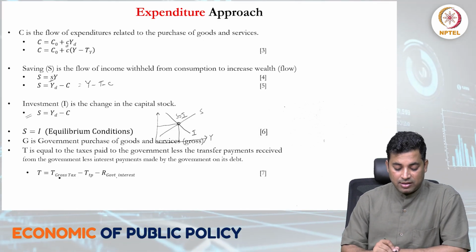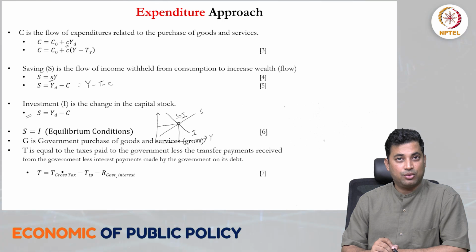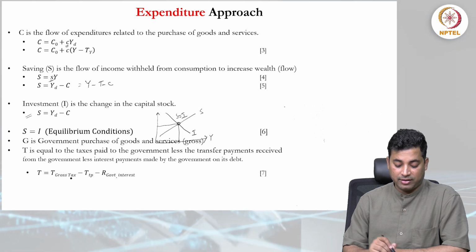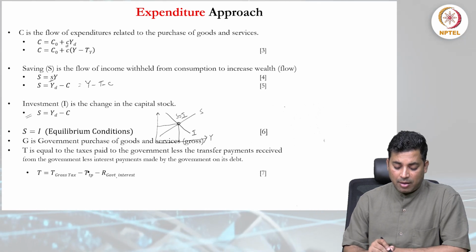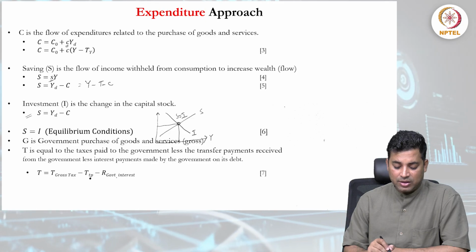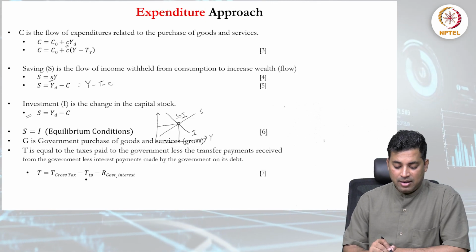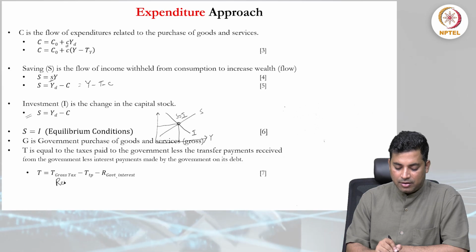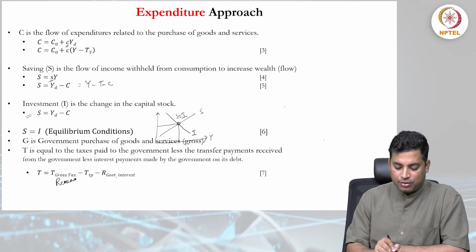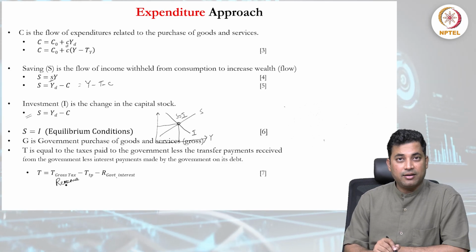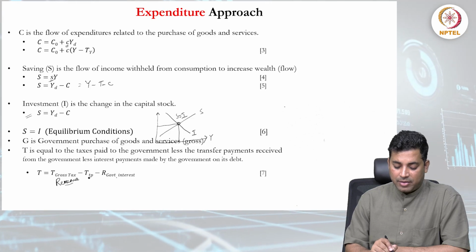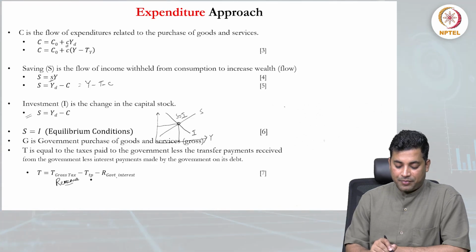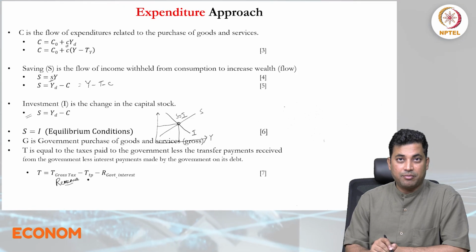So capital T is the total gross tax, like the total revenue that is collected through the tax. And then small tp, T subscript tp, is the transfer payment, like from the total tax revenue that government will generate. And after getting the revenue, government also needs to pay the transfer payment, like